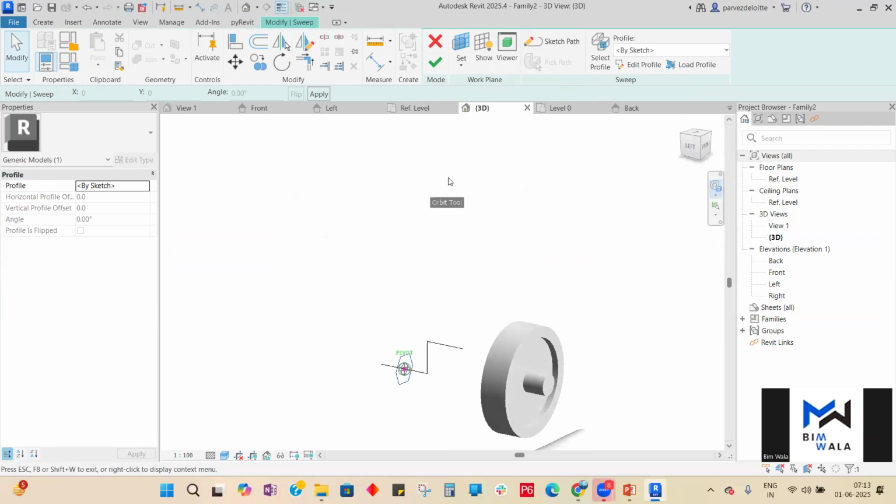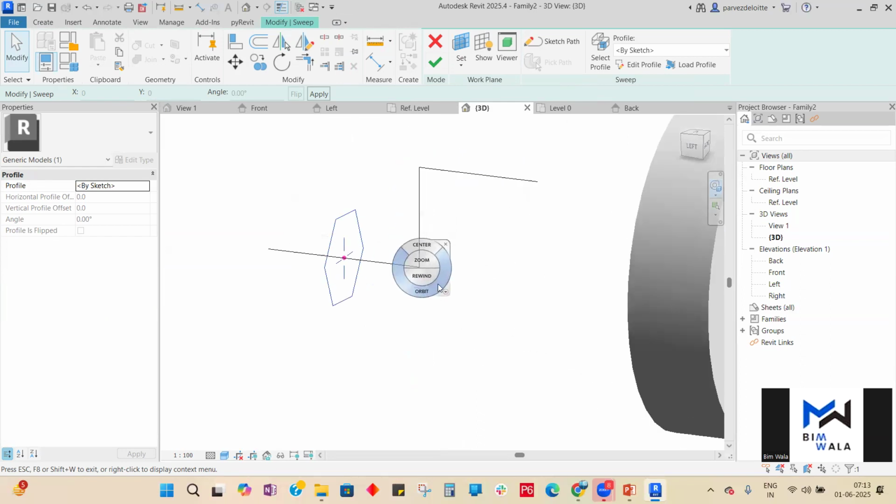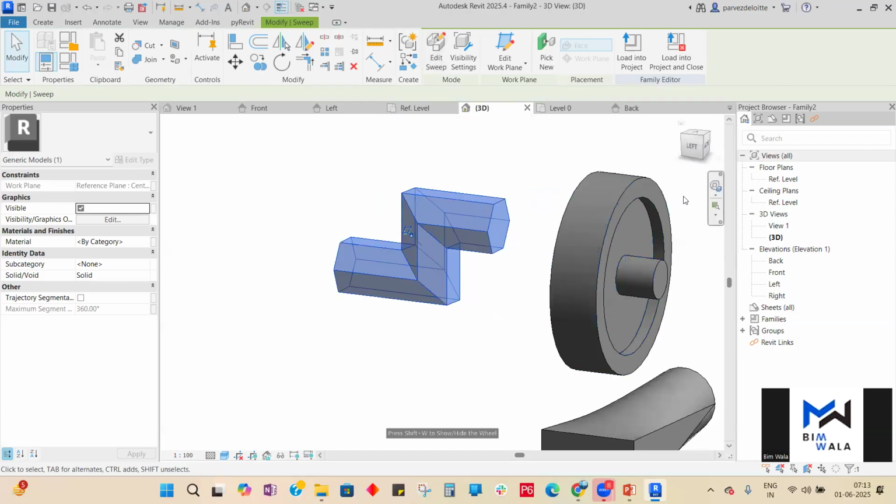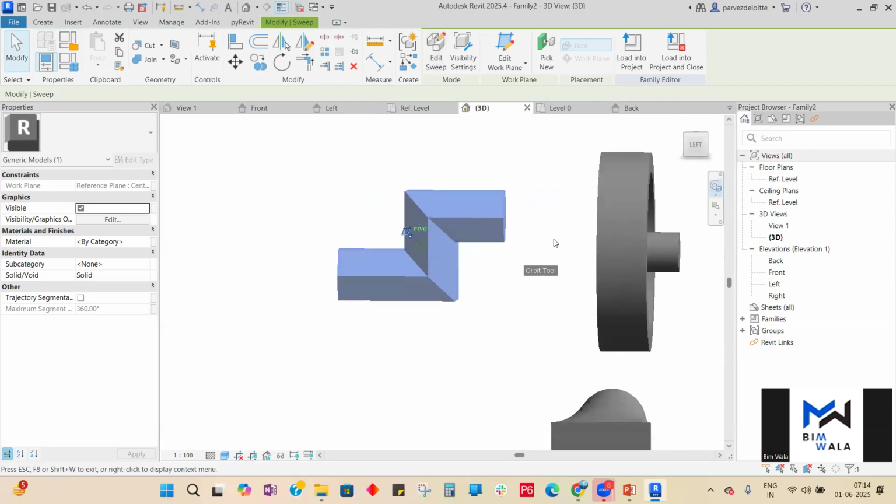Now you can see your profile, you will be able to see the profile in 3D, right. And you can see your shape as well, which type of section you want, which type of profile you want. Now press the finish button again, 2 times you need to press this. Now see the magic, it has created the shape,